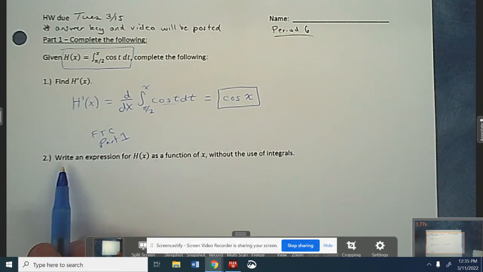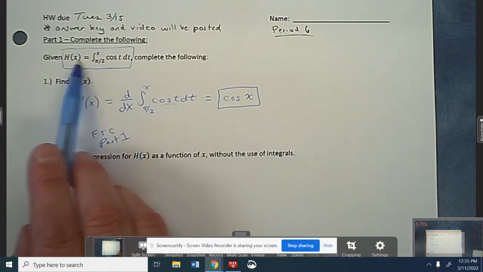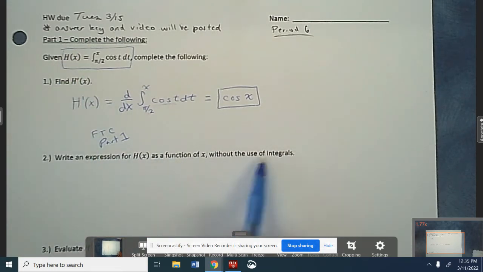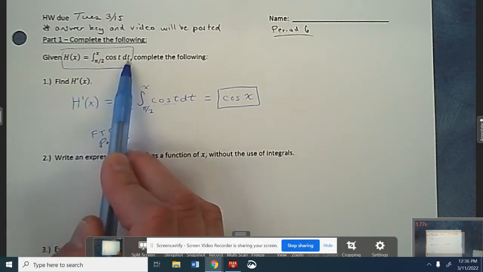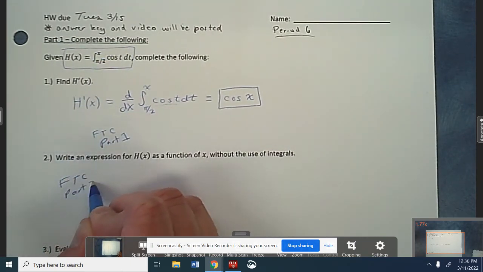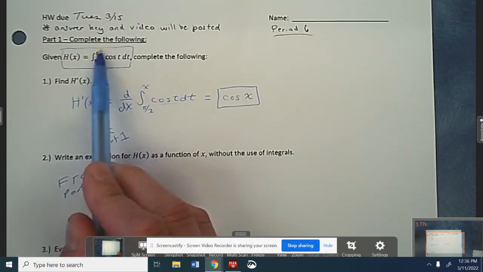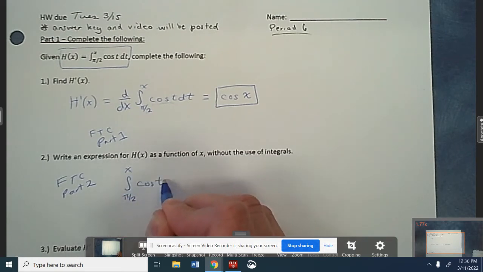Now for number two, the directions are different than what we're used to. So this says write an expression for H of x, this is H of x, without the use of integrals. So what that's code for is go ahead and actually evaluate this. So what we're going to do here is FTC part two to rewrite this without having the integral symbol. So if we have the definite integral from pi over 2 to x of cosine t dt,